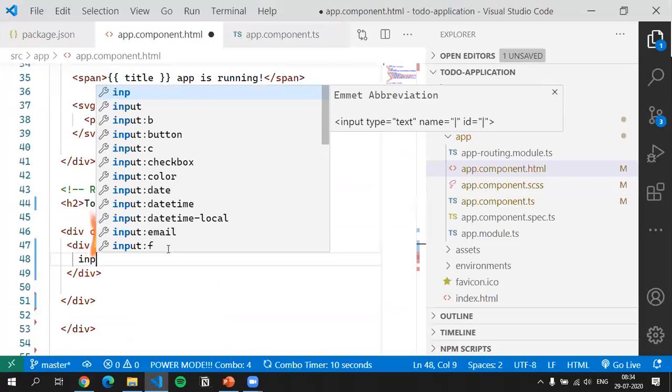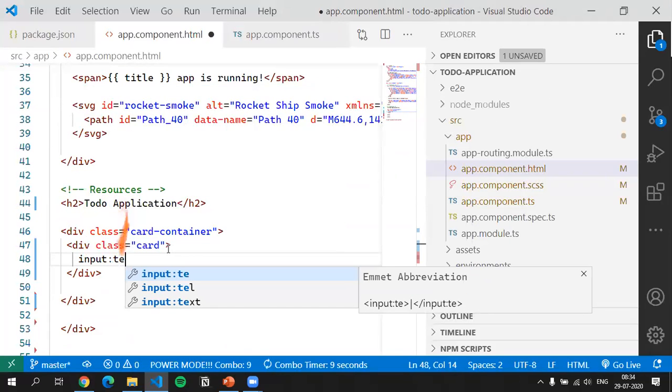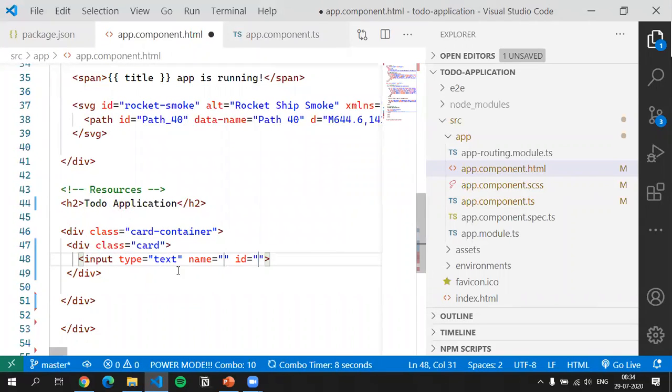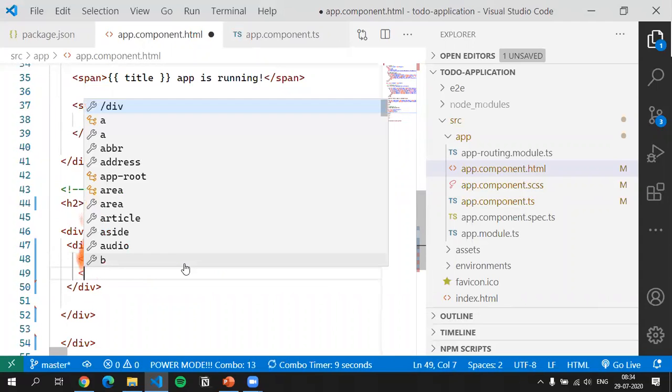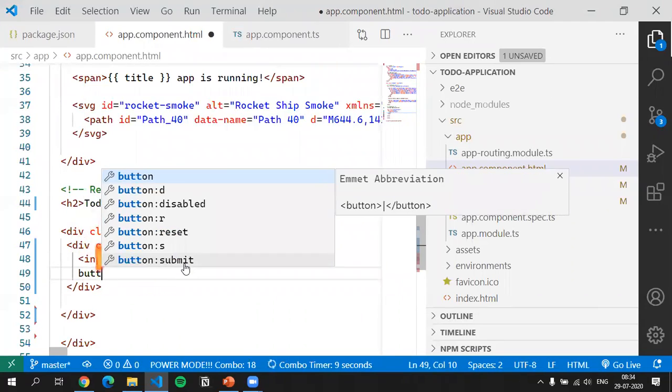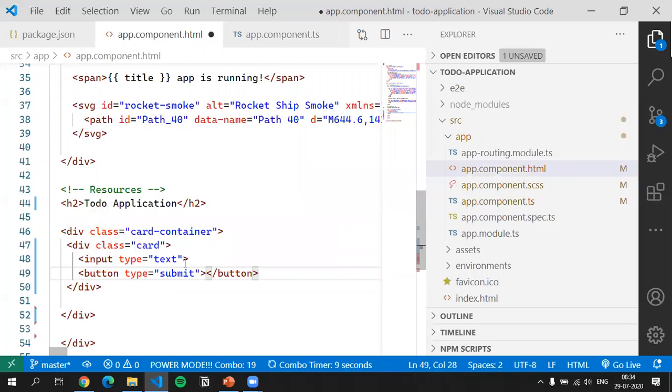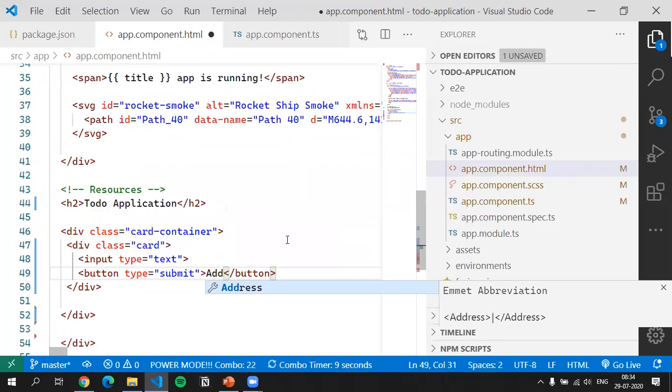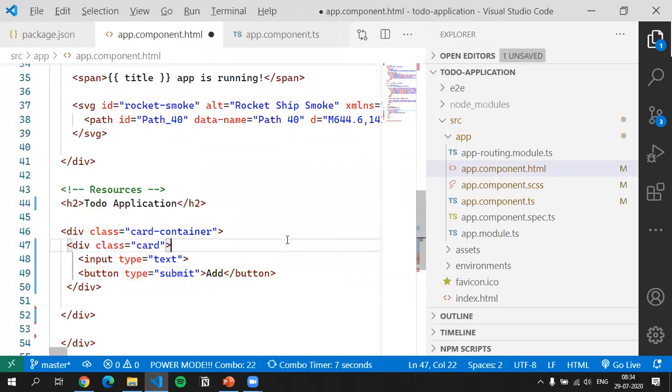So first I'm going to create a text box. So I just created a text box here. Next thing, I'm going to create a button and provide the text as add. Okay,